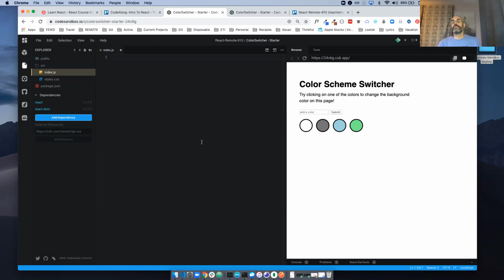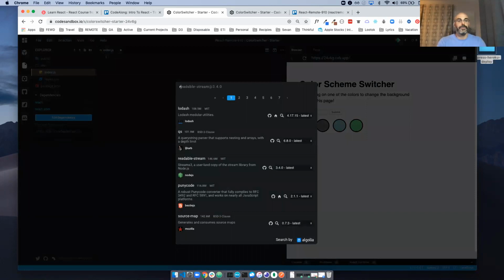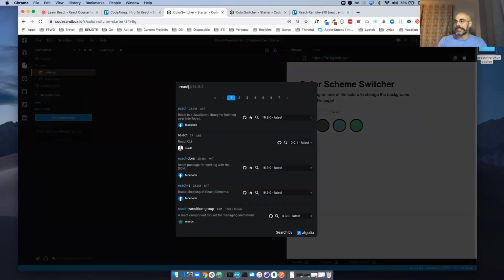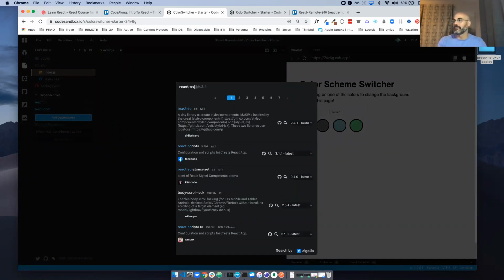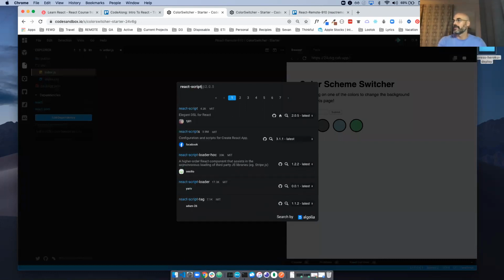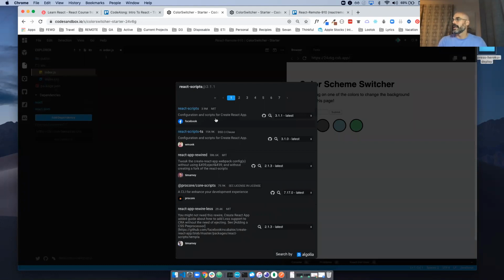And there's one more tool that we need to add for this particular environment. The last one, even if I do React, it doesn't come up. So I'm going to say React scripts. Right, it's React scripts. And it's made by Facebook as well.